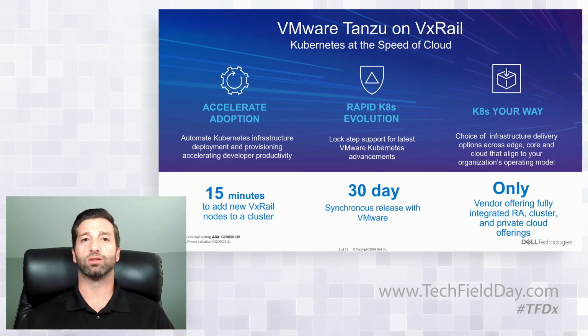So as VMware releases a new version of vSphere, within 30 days we will be able to deliver that new version on VxRail in an HCI integrated system consumption model, for net new deployments for customers or for existing upgrades